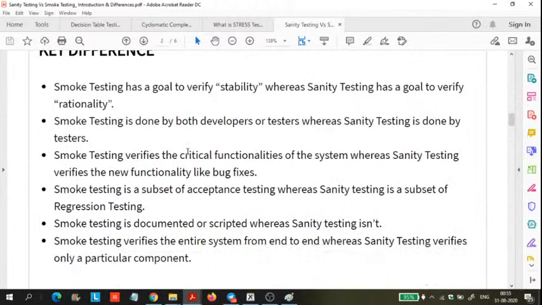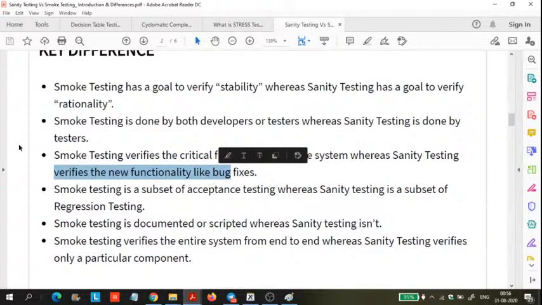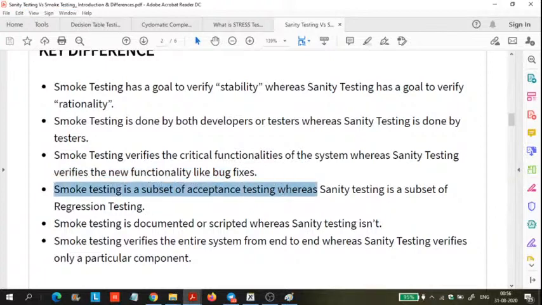Okay, so for smoke testing the goal is to verify the stability, whereas for sanity testing the goal is to verify the rationality. Smoke testing is done by both developers and testers, whereas sanity testing is done by the testers. Smoke testing verifies the critical functionality of the system, whereas sanity testing verifies the new functionality like bug fixes. Smoke testing is a subset of acceptance testing. Means if the build is ready,